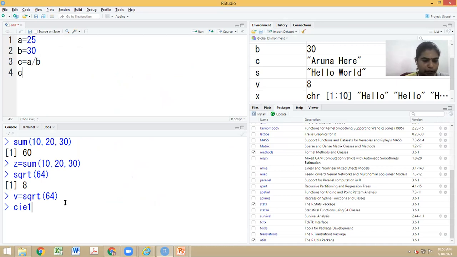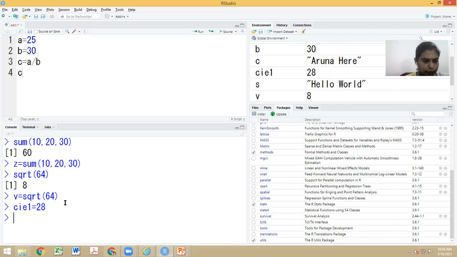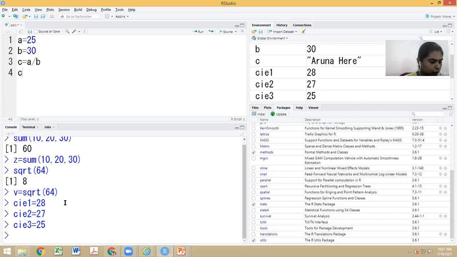I will be storing like this. CIE1 is equal to 28. Then CIE2 is equal to 27. CIE3 is equal to 25. So what happens is I'm creating 3 variables. Instead, I want to keep only one variable named CIE and store all the 3 values inside.